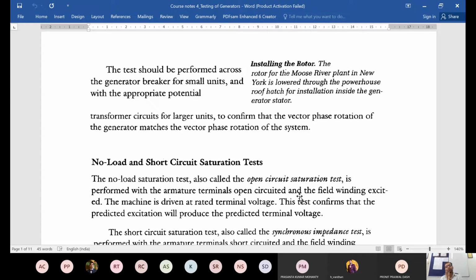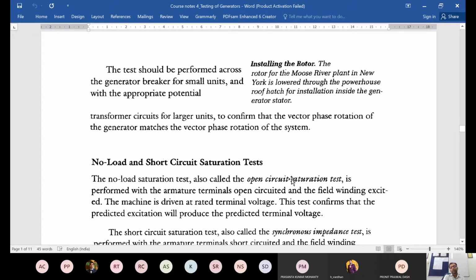But once it enters the saturation region, that means the actual magnetic field is approaching the limit of the amount of magnetic field that particular device can hold. Then saturation occurs, and if you increase the magnetic flux further, the voltage induced doesn't increase linearly, rather it tapers off. There is a saturation which sets in.